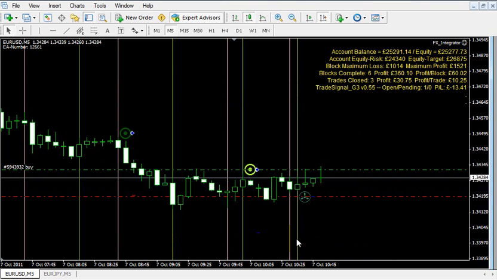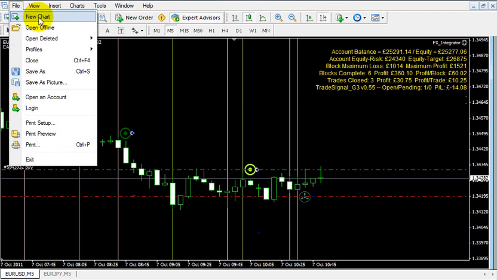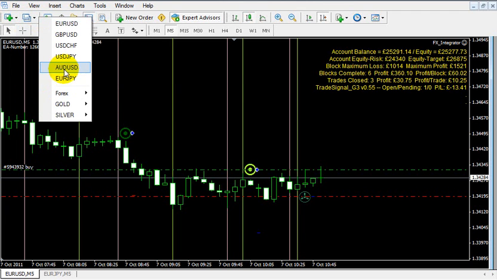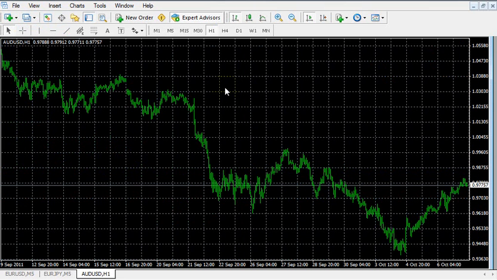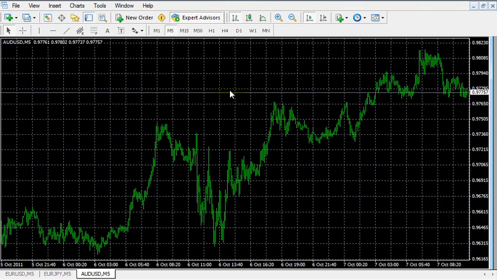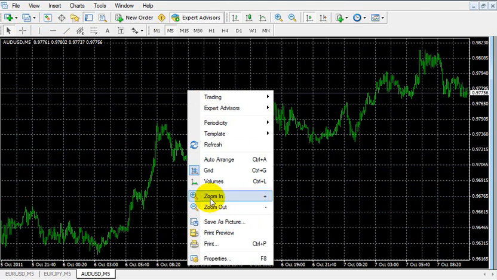So okay. Now what we're going to do is open a new chart, and we'll pick the Australian dollar, US dollar. Now we're going to go to a 5-minute time frame because that's what the default settings are, and I'm just going to remove that grid,